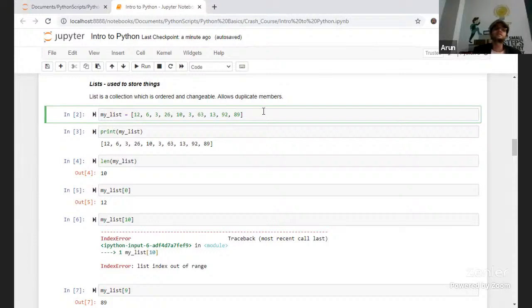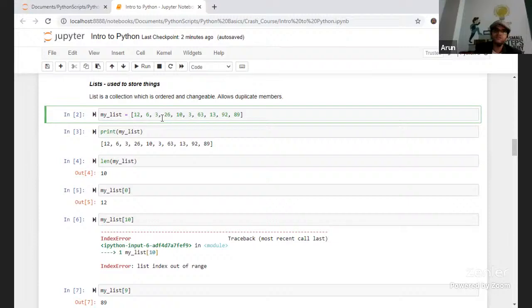Remember, a list is a collection that is ordered and changeable, meaning you can put multiple objects into a list. They could be the same data type, or different data types altogether. There are multiple combinations you can do, but you store them in square brackets as a list. The list stores all these values in an orderly manner, meaning that value 12 will be stored at index 1. So each list will have an index.